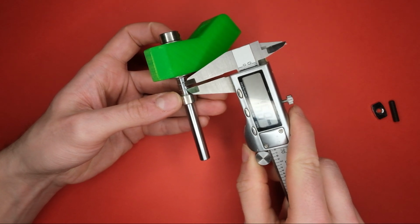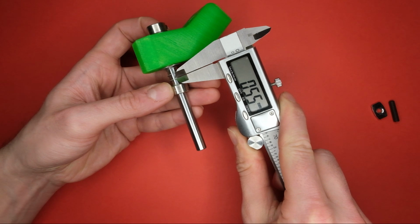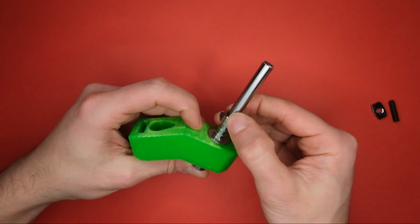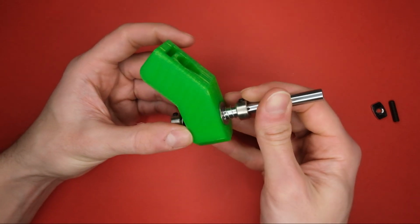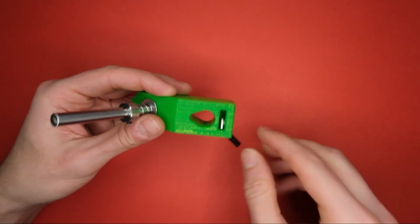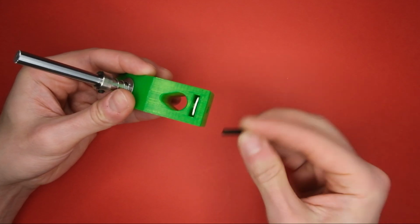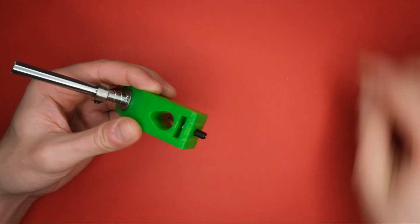The individual coils on the spring are 0.55mm thick, so you don't want to use anything thicker than that, as it would require too much force to compress. The next stage involves dropping your T-nut into the slot and then passing your grub screw through, and these